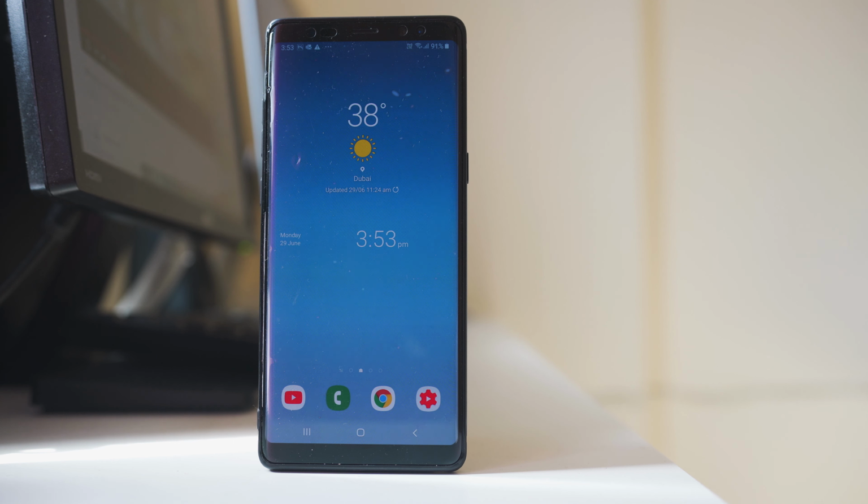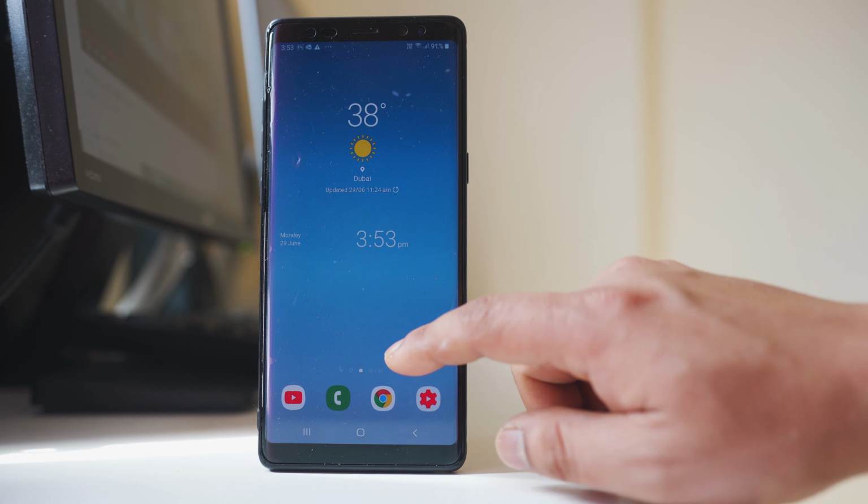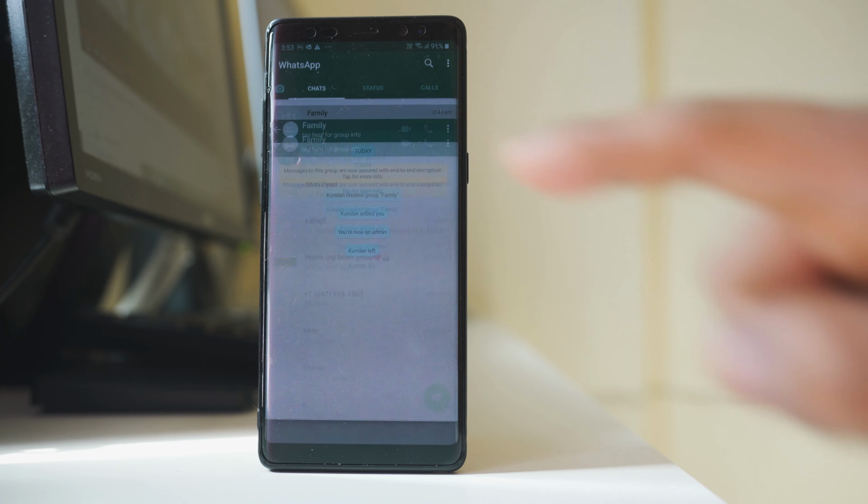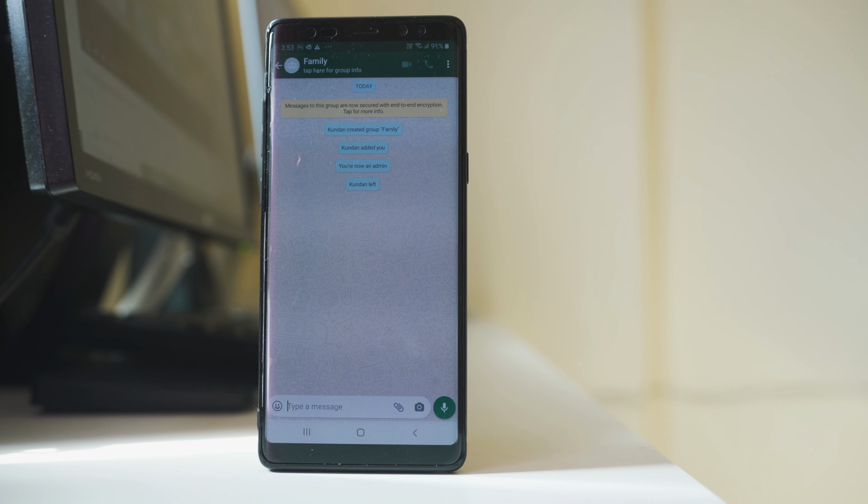If you have created a group in WhatsApp application, then you can create a link for the WhatsApp group and send it to other people to invite them to join the WhatsApp group. So for that, you will open WhatsApp, and suppose this is the group which I have created, I will open it, and from here, if I want to create a link for this group,